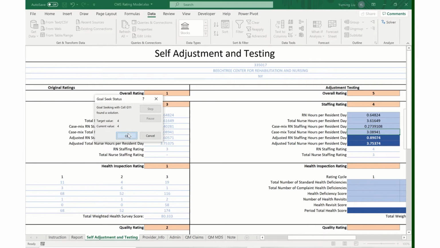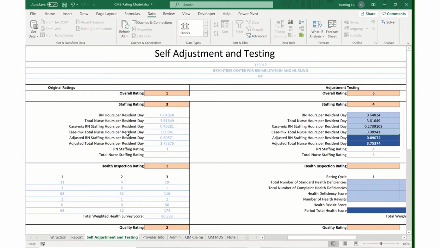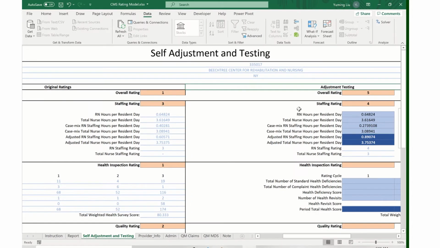This is a helpful tool for you to try out and to see how you can improve one specific measure by changing one input value. However, it is important to note that it does not work all the time. Sometimes you might get the message that it might not have found a solution, so you might have to try a couple times for the Goal-Seek tool to return a working result or to try a different value or different